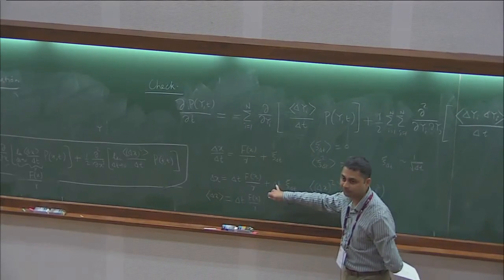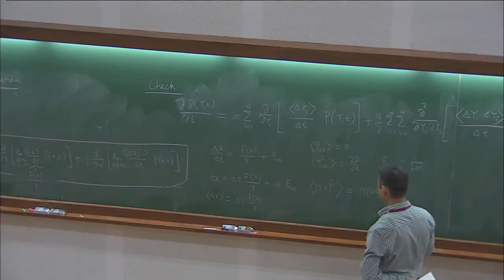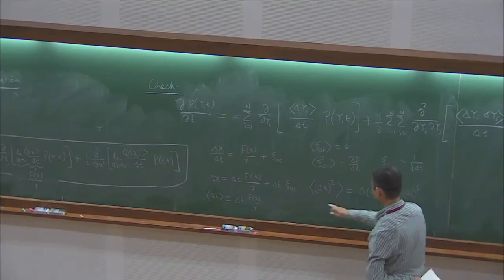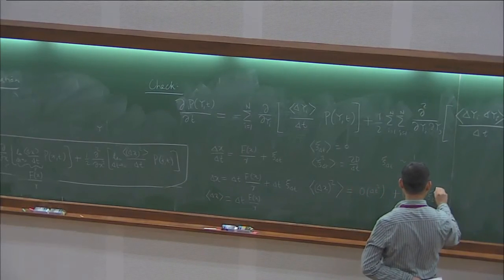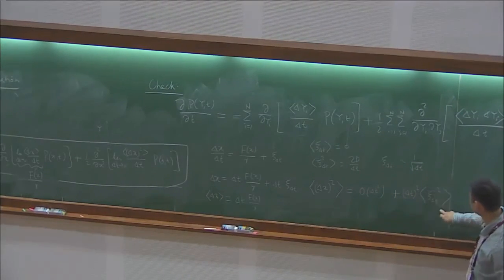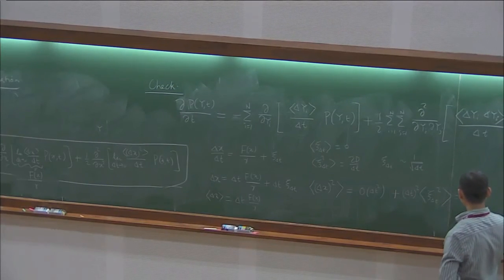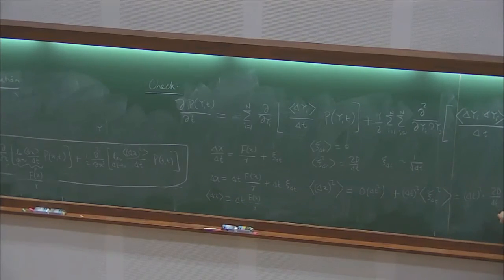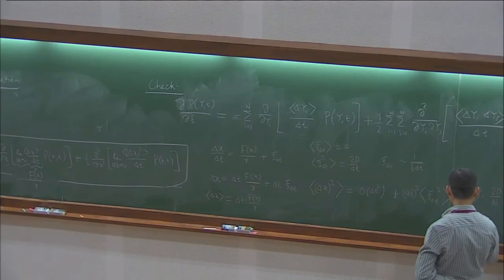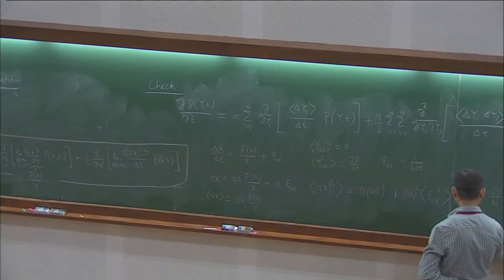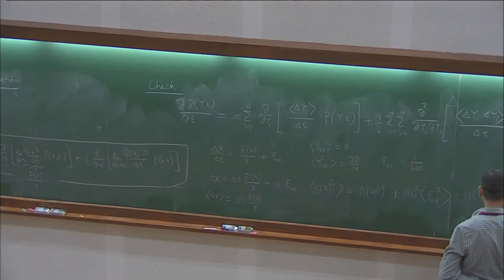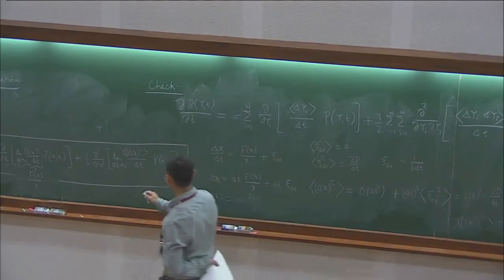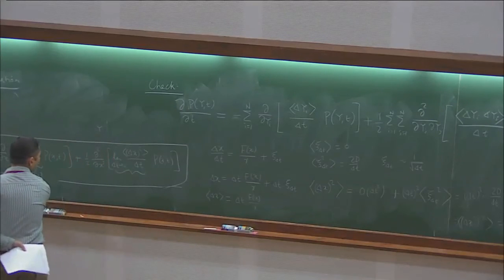Then this is the square of this term. So what is the square of this term? The square of this term is delta t square times this one, and this is delta t square times 2D by delta t plus order of delta t square. So this gives me 2D delta t, right? So the average of delta x square is 2D delta t. So when I divide by delta t, this will give me